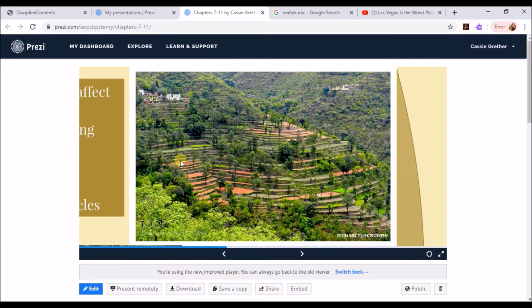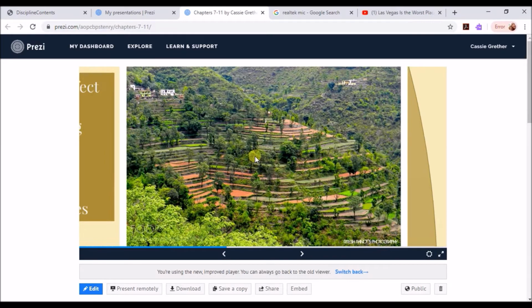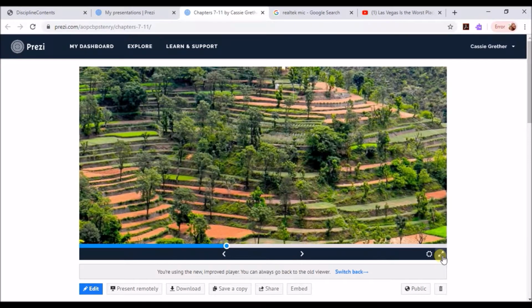So what they do is they basically level off small sections of the mountain. Like you see this slope here. Instead of being a slope, it's basically been turned into what you would imagine steps would look like on the side of a mountain. Well, what they've done is they're farming here.